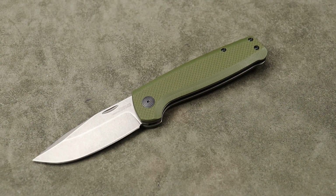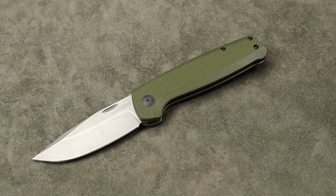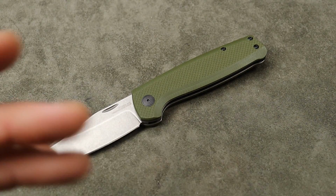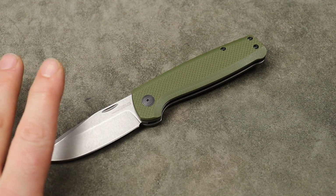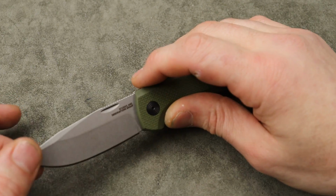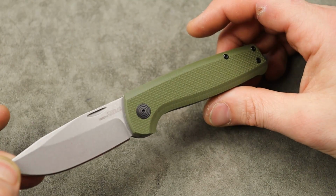Basically, it's a subscription that you can sign up to if you want to get random monthly knives. Now, we're going to check out 2 tiers today, which would be the tier 2 and the Onyx Collector's Plan, which would be a more premium plan. This one comes from tier 2, which is the Sog Terminus